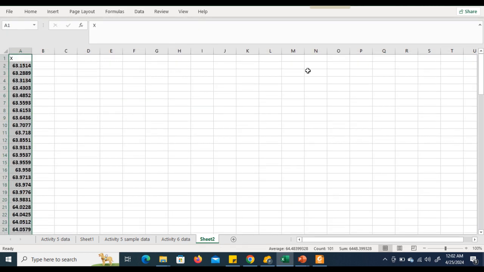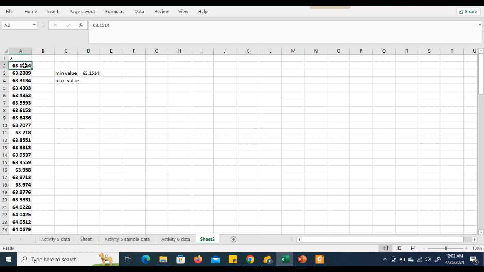If we sort it in increasing order, we find that its minimum value is 63.1514, and for the maximum value,